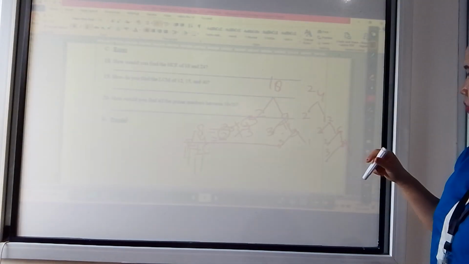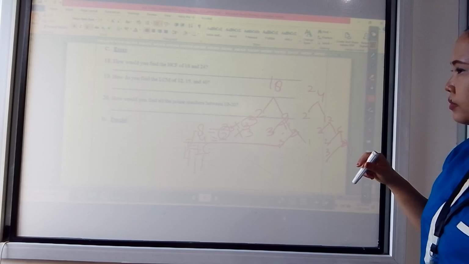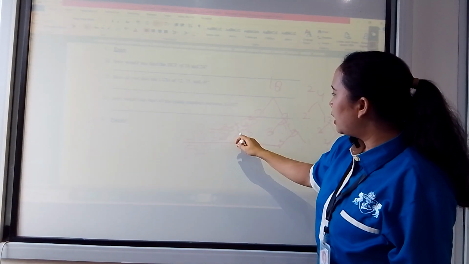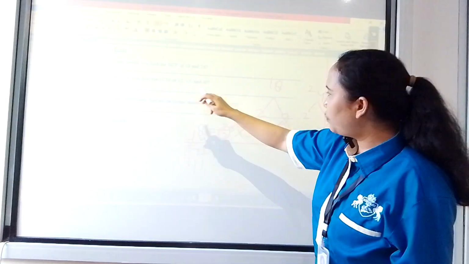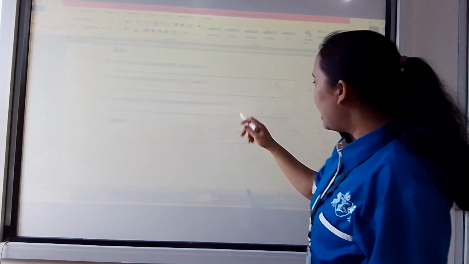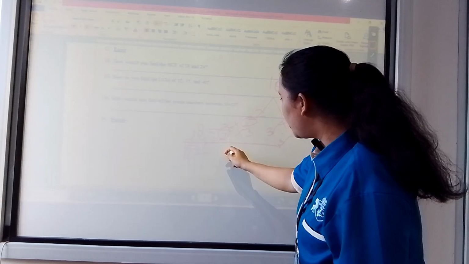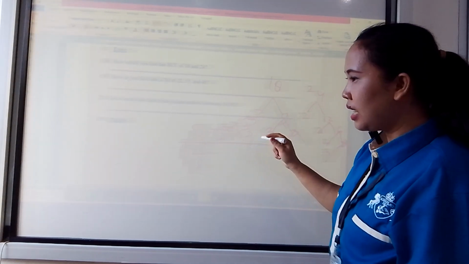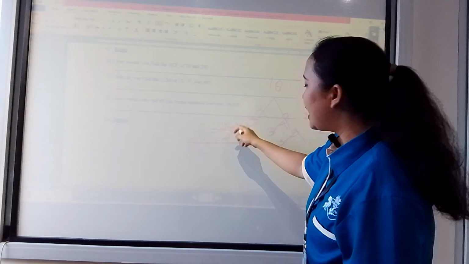For the highest common factor, we only need to take what kind of number? Number 2 and number 3. So why don't we take 2 to the power of 3? Because finding the highest common factor is different from finding the least common multiple. To find the least common multiple, we need to search the numbers with the highest exponent.